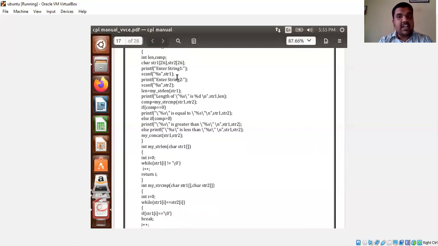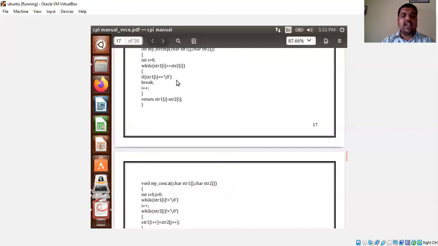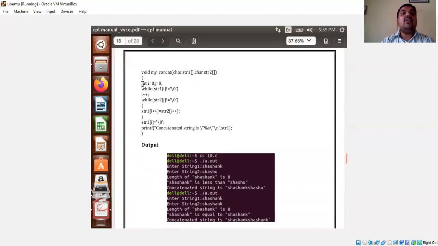Now let us see how the code snippet looks for the my concat operation. Once the control comes to my concat of str1 comma str2, that is the function call. When the concat function is called, we go straight away to my concat operation, character string 1 comma string 2. We are going to take two strings. That's why i is equal to 0 and j is equal to 0.